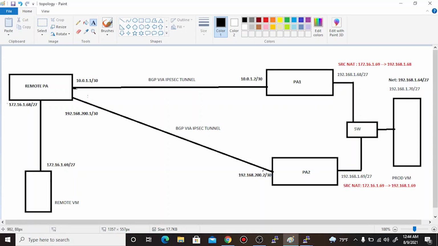The source IP of this ping request would be 172.16.1.69, that is the remote VM IP. If this time the request comes to PA1, I'm source NATting 172.16.1.69 into